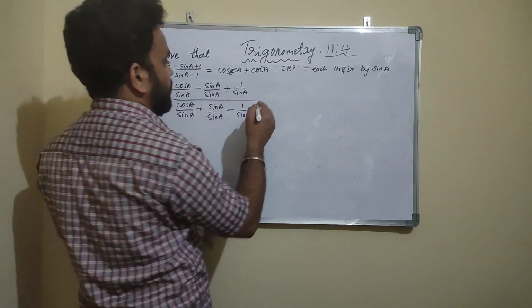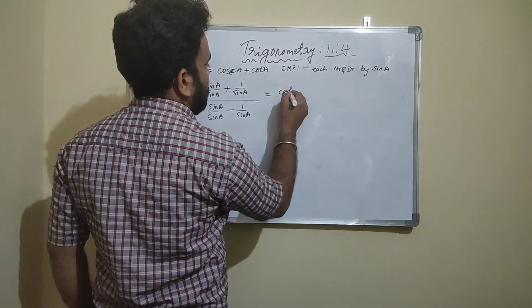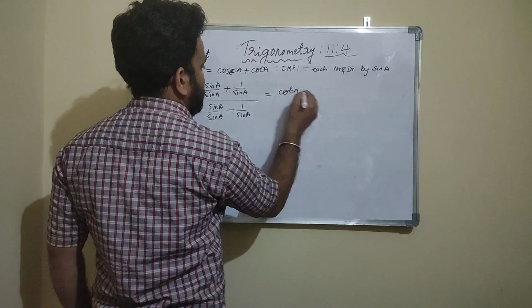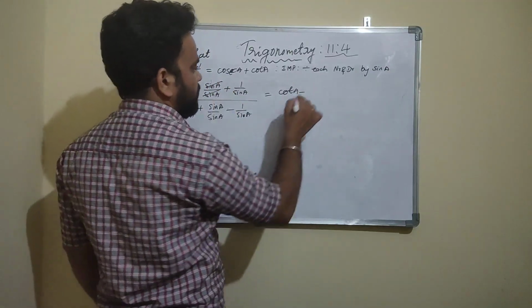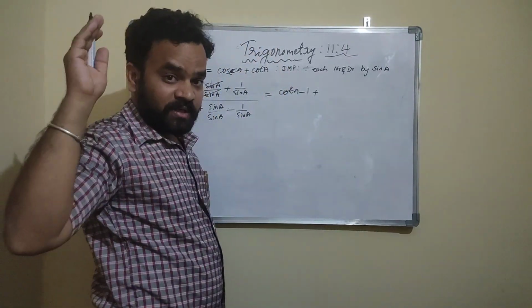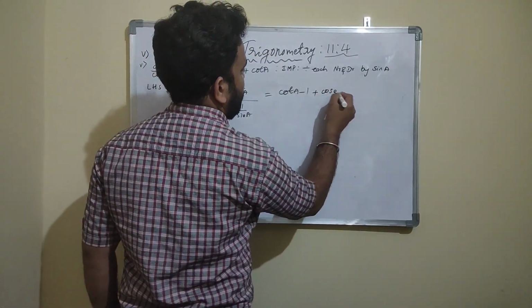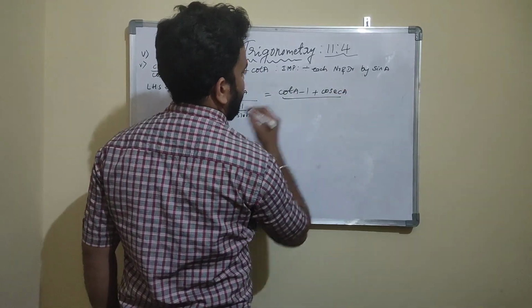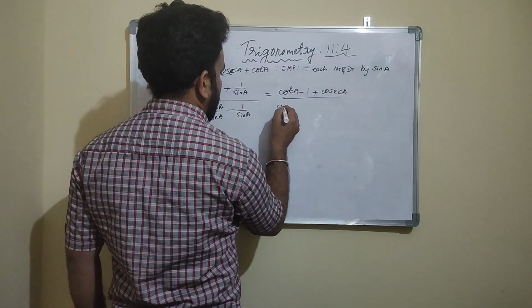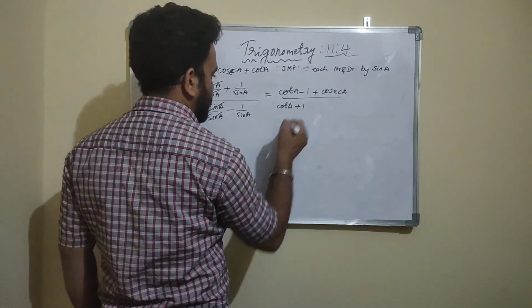Clear? What result we get now? Here I will write: cos by sin is cot A minus, this sin A cancels, that is 1, plus 1 by sin A, which is the reciprocal relation between sin and cosec, that is 1 by sin A is cosec A, divided by, here again, cot A plus sin A cancels, 1